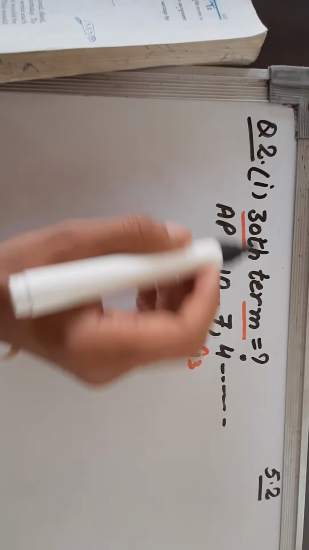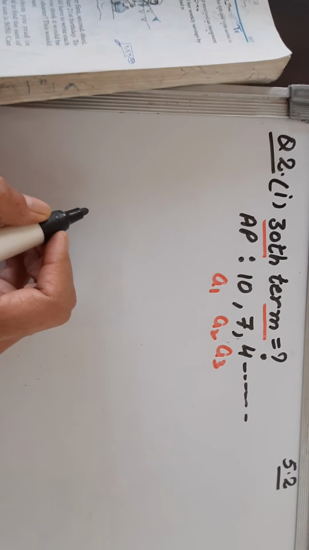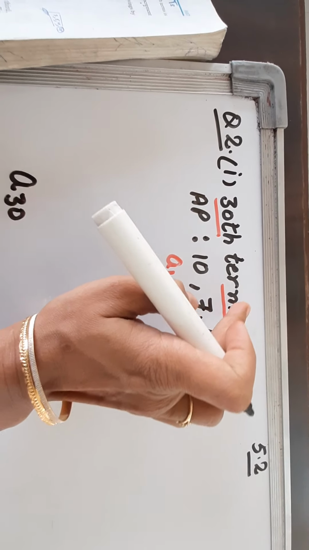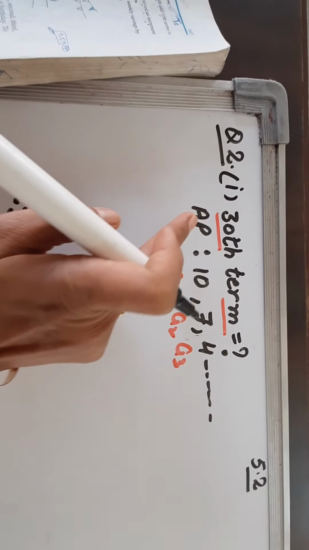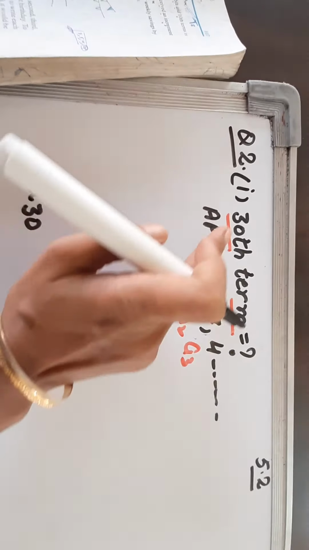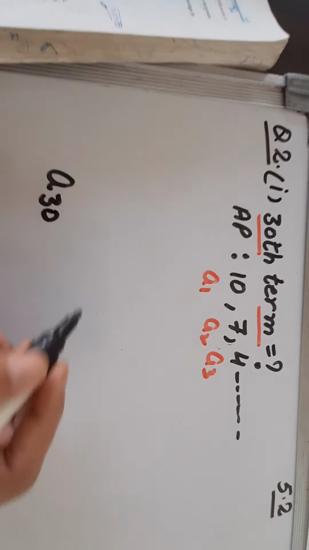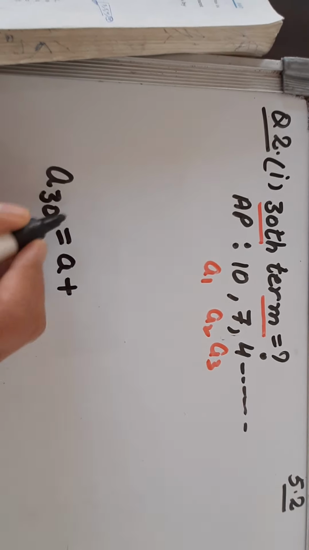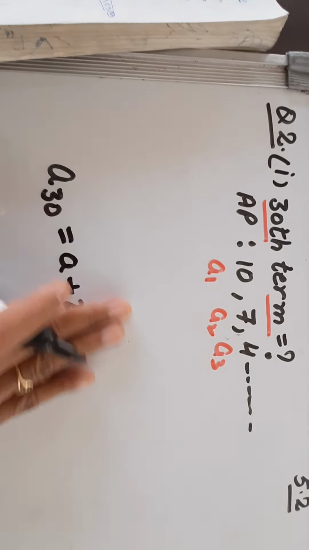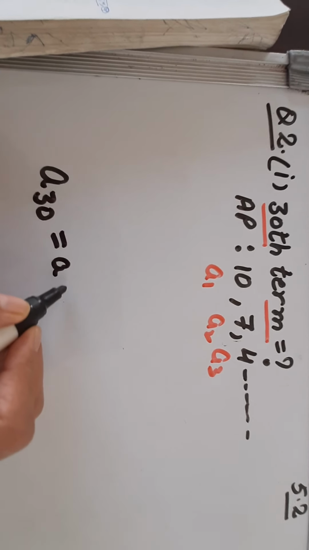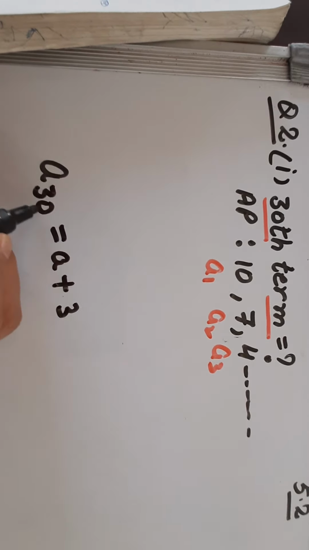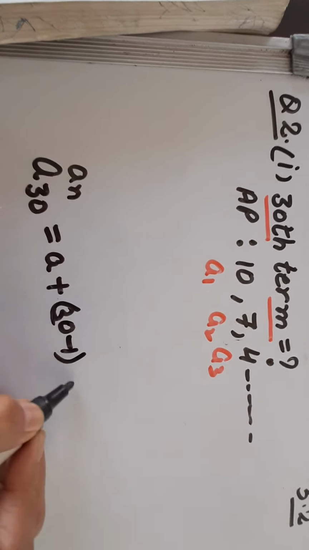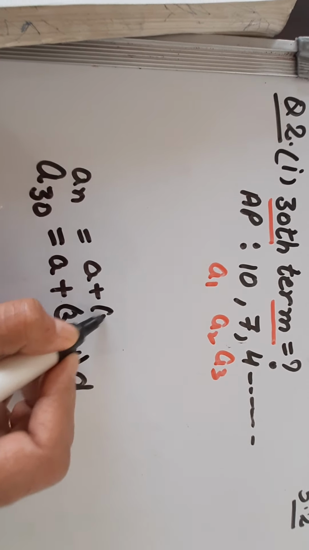So dear students, to find the 30th term, we need to write the formula for the 30th term, A30. I told you if there is no S and a singular word is there, that means it is an. A30 means the 30th term. So what is the formula for A30? You can write the formula directly, a plus 29d, or the other method is by using the formula a plus n minus 1 d. What is n? If I compare, n is 30. So 30 minus 1 into d. Like this, an is equal to a plus n minus 1 into d.